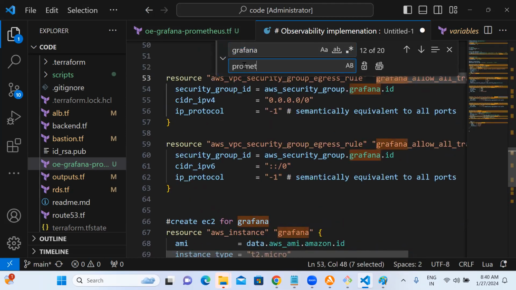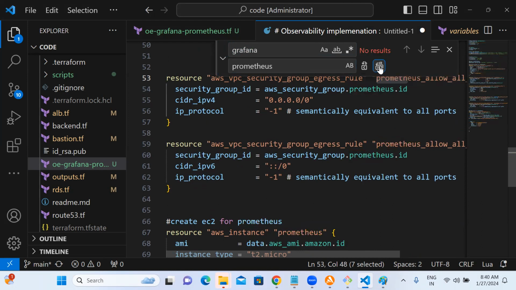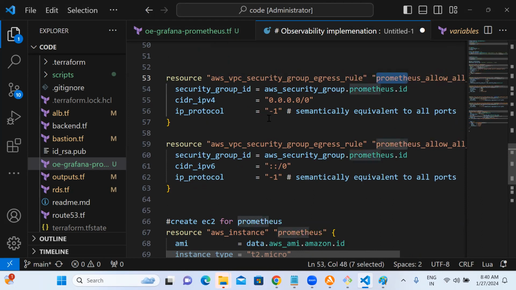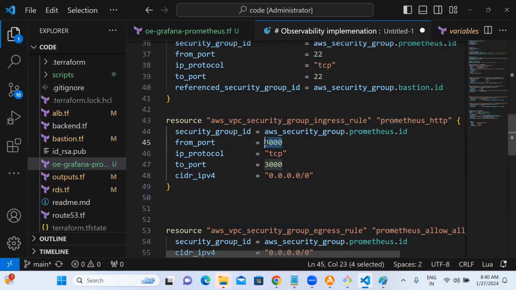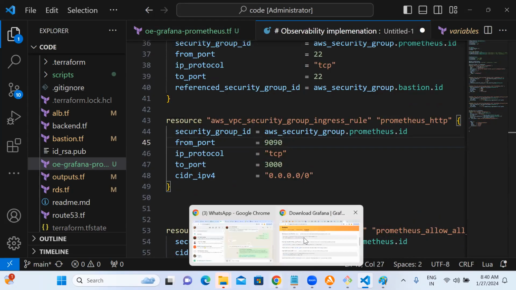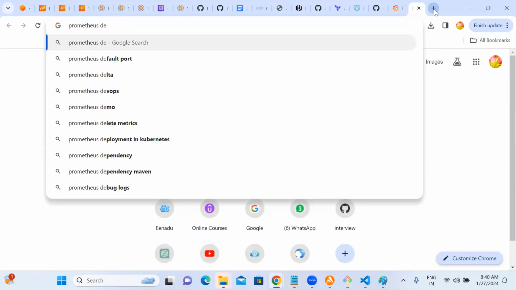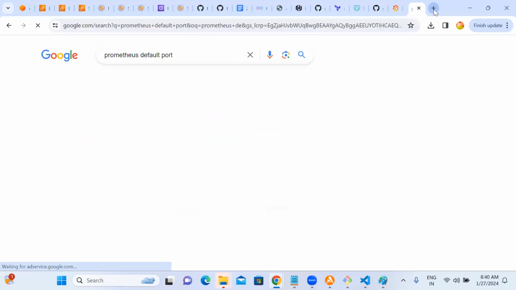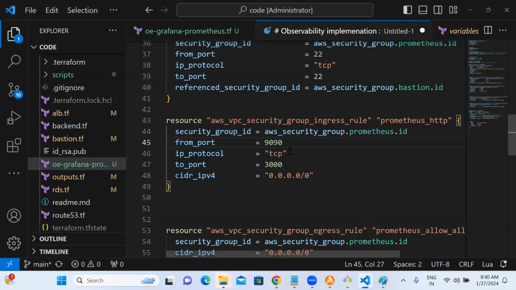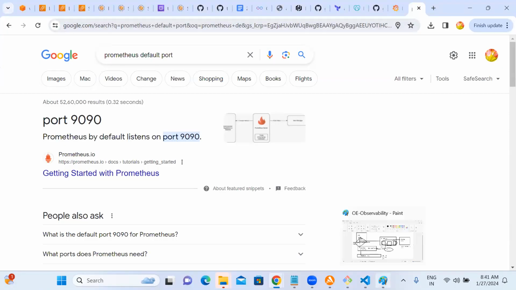You can reuse it with modules, or you can just customize it for your use case. This will be, I think, 9090.